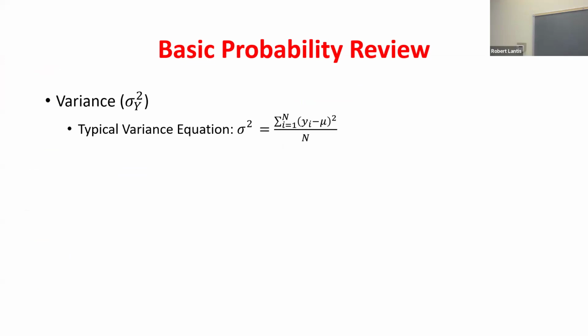So the variance is something, we look at the average, we look at the mean. Well, you could have two groups with very similar means. So I might have two classes with the exact same average grade, but in one of them every single person got an 80, and in the other one some people got 60, some people got 95s. There's a much wider distribution, a lot more variation in that second class. We can measure that variation by calculating the variance, right? So how do we do that?